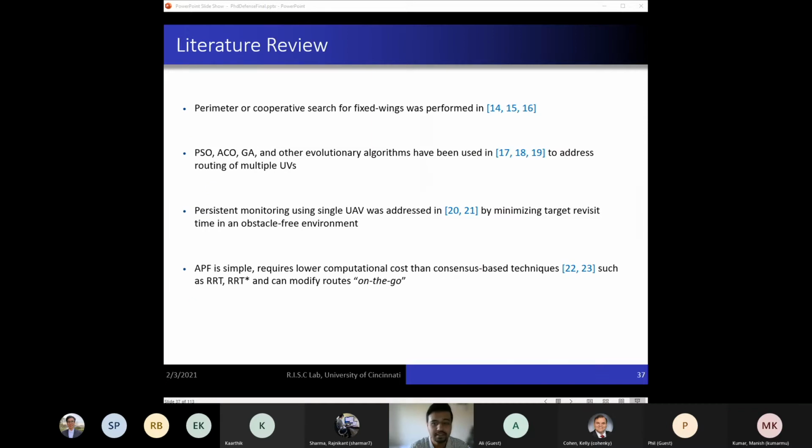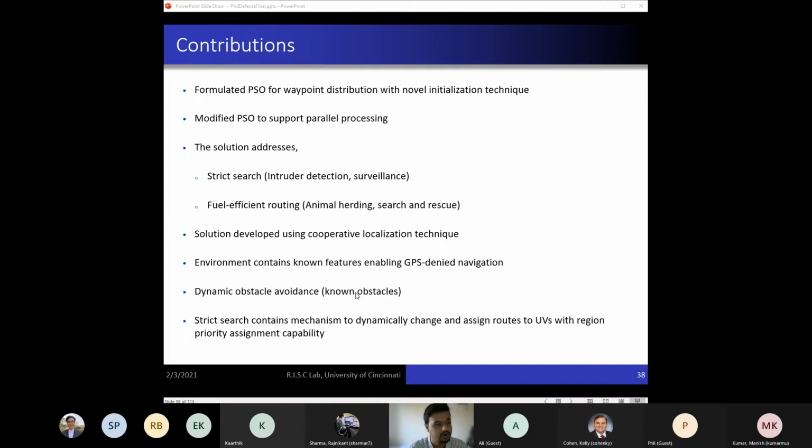These are some of the literature on evolutionary algorithms, their advantages and disadvantages, and how to formulate the cost function in such settings that we explored during the course of this work. The major contributions of our work are, we formulated a PSO with a novel initialization method and supported cost function that will guarantee to provide solutions in the feasible region only.